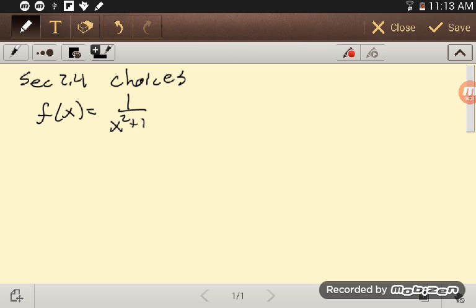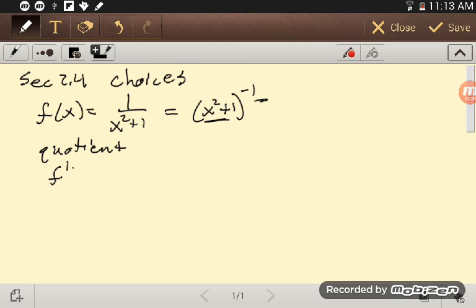Is this a quotient because it's 1 over something, or this is the same thing as x squared plus 1 to the negative 1, or is it a composition because I have a polynomial here inside of a power function? Well, it's either one. So quotient,